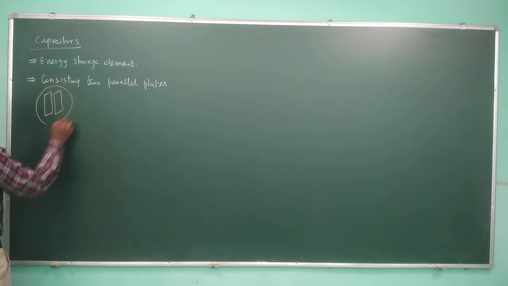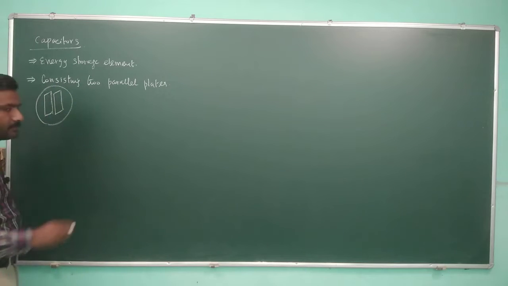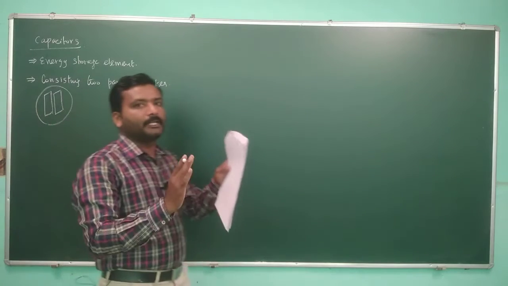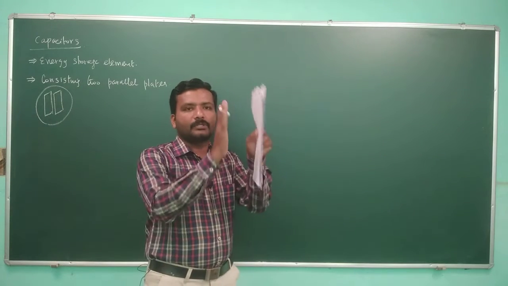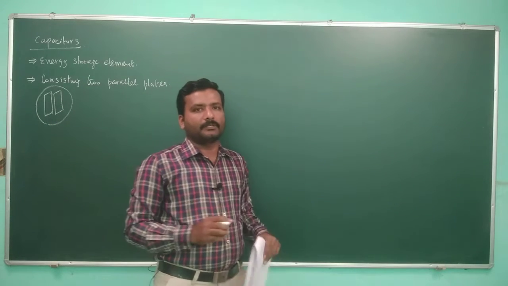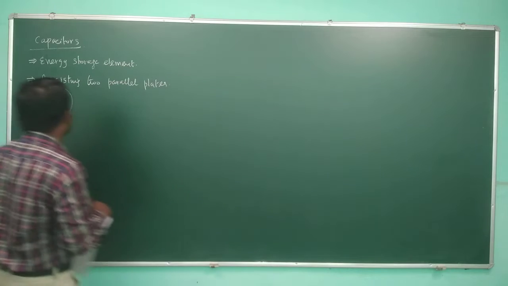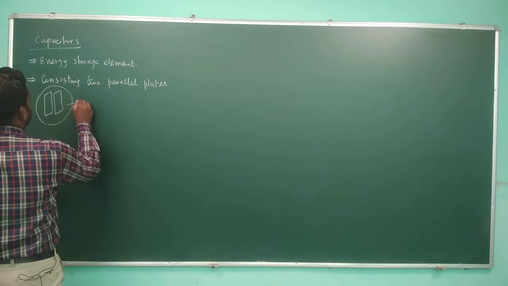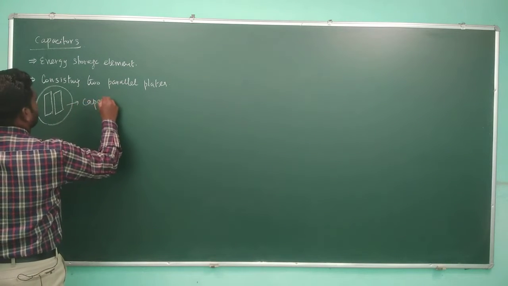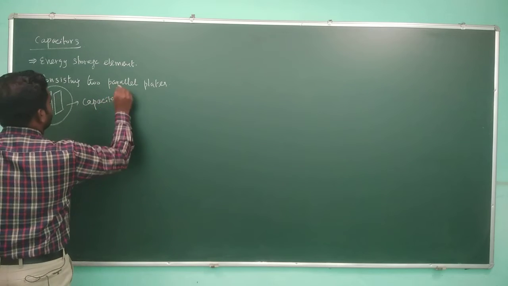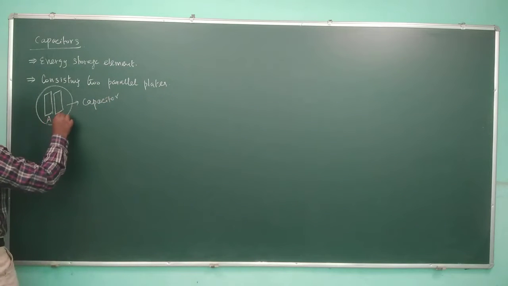The entire system, this composition of two parallel plates put near to each other, this setup is called a capacitor. So here this is plate A and this is plate B,